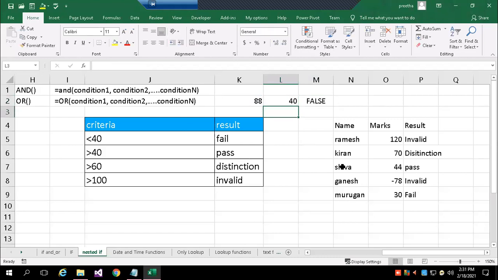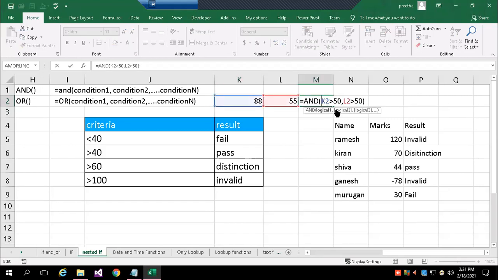One cell is satisfied, but the second condition is not satisfied, so it becomes false. When both are satisfying the condition, then it returns true. Right now, in both cells, it is greater than 80. So you can see the example.